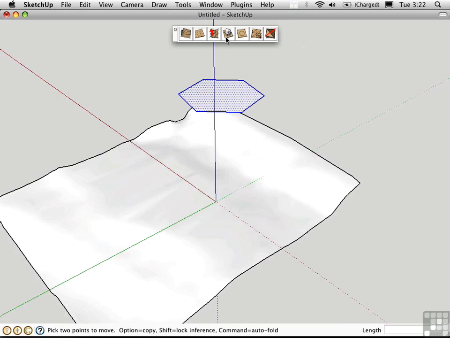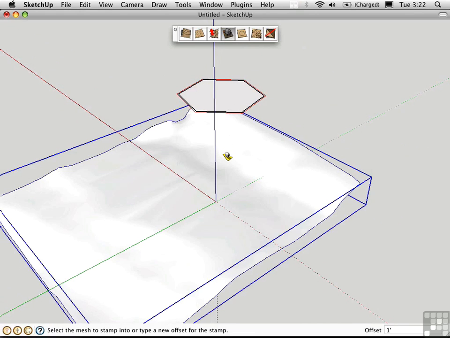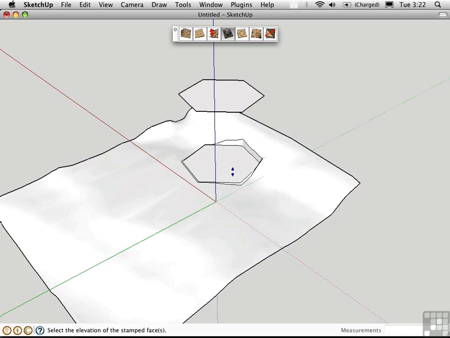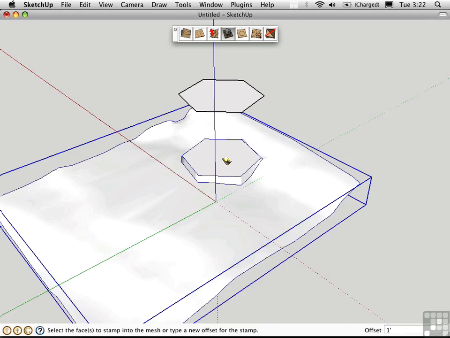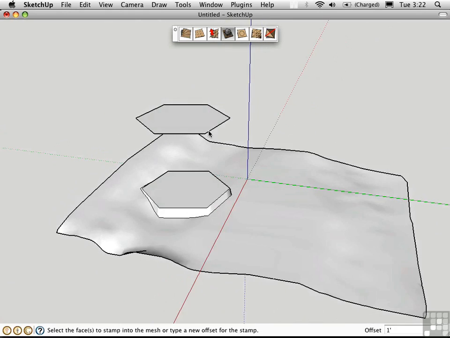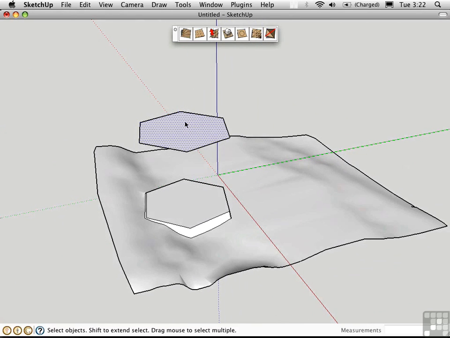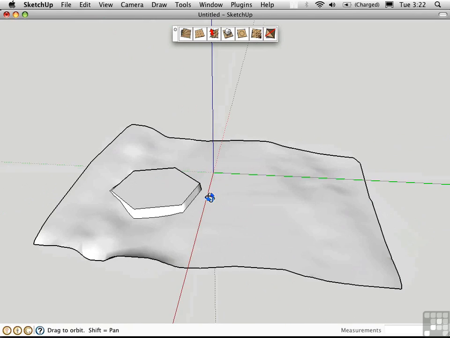Go ahead and click the stamp tool with the building footprint pre-selected, and then click on the landscape and see what happens. As I move the cursor up and down, you can see that I can either excavate or fill, or some combination of the two, to create a foundation for my building. I can then later go ahead and get rid of this floating object and build my house right here on